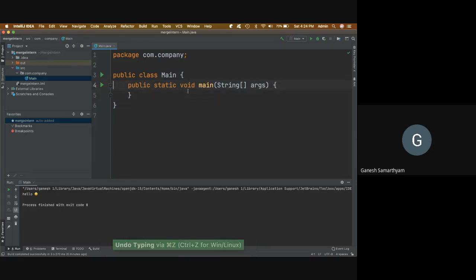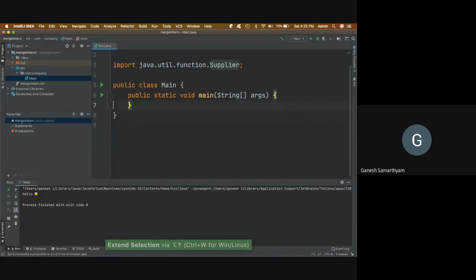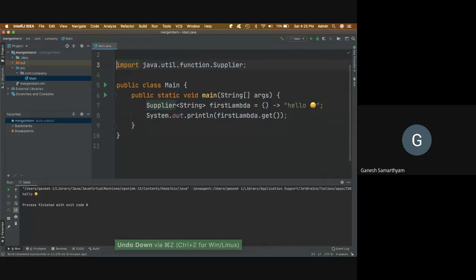And another useful thing I always feel useful is selection. How do I select a word, right? So I can just do the extend selection, Control W, and I'll be able to expand it step by step. And now I want to delete it, I can delete it, right? Let me do it again.